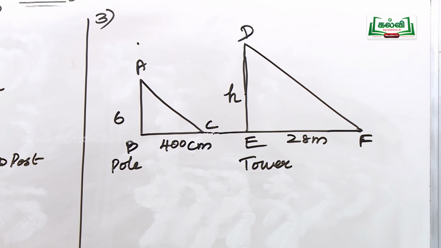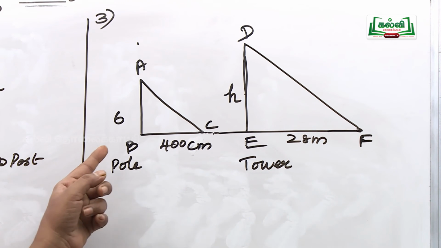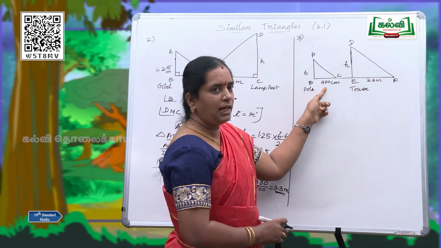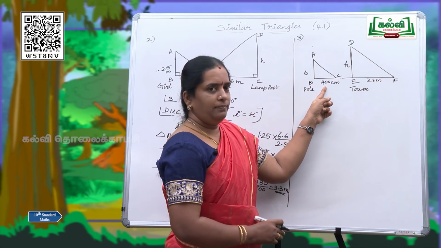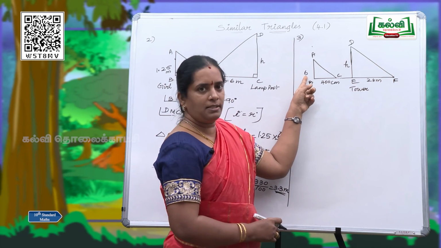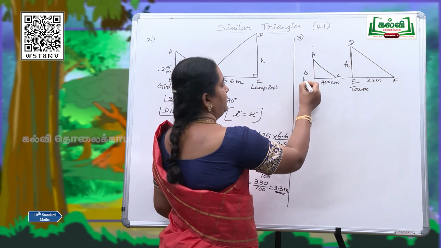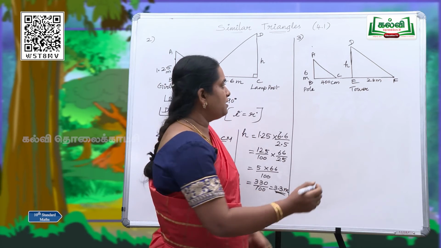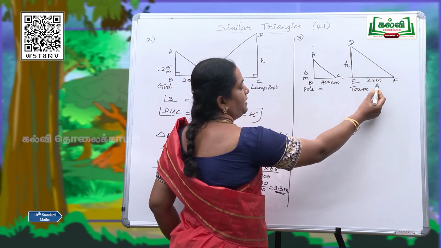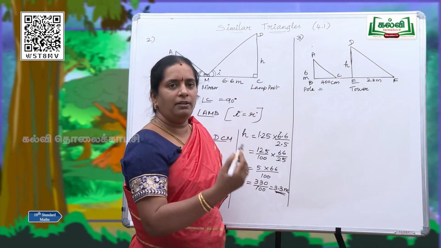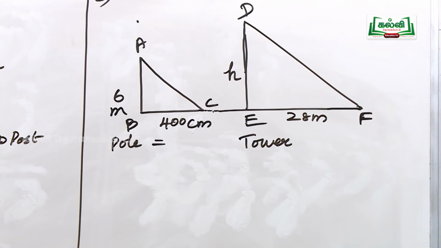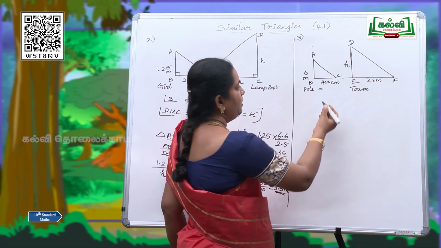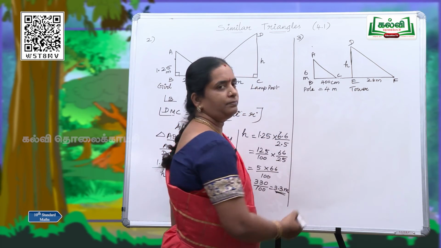Look at these. It is given that a vertical pole is there on the ground, which is erect and whose shadow is cast here. So the pole's height is 6 meter and the shadow is 400 centimeter. First check the units. This is meter. So I am going to convert centimeter into meter to make our calculation convenient. So you can write it as 4 meter.